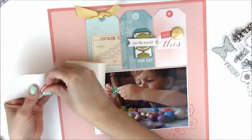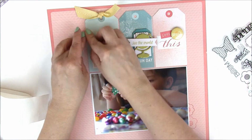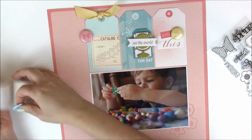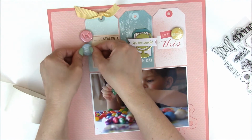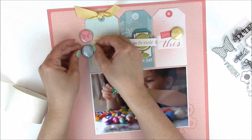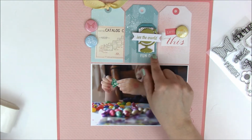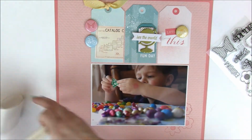We'll add the butterfly. Make sure the butterfly faces up. And then we'll add the bike. So here's the bike. And again, just make sure when you're placing the flare badges down on your page that they are facing the right direction. Right below this See the World, I'm going to take this Note to Self Be Awesome wood veneer tag or strip,